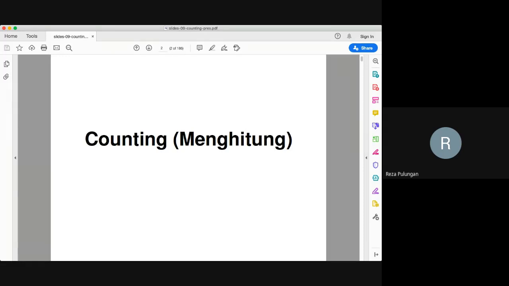And this is actually a very large topic in mathematics. If you go to the Department of Mathematics, you can even encounter a specific, even advanced course on combinatorics. Now, counting again has something to do with sequence.